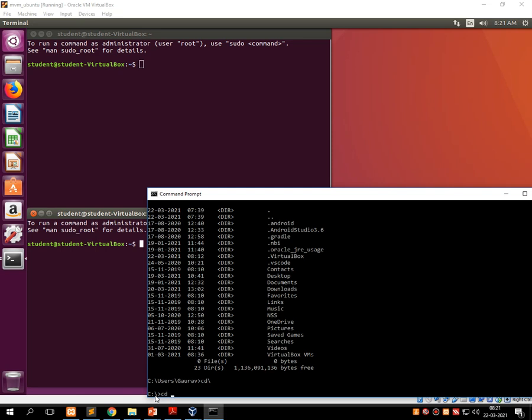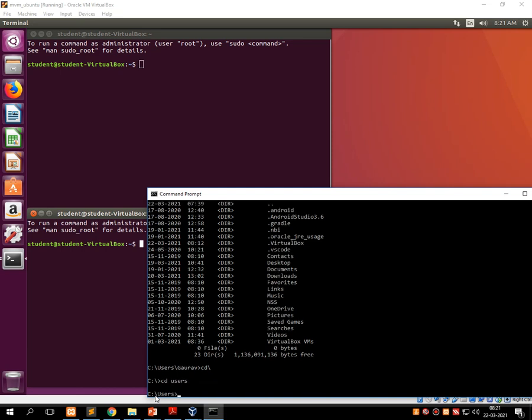and then I simply have to type the name of the directory to which I want to move. Say for example, as you can see in Windows, I have typed cd and users. Now my current working directory is users, and the command which I have fired is cd.